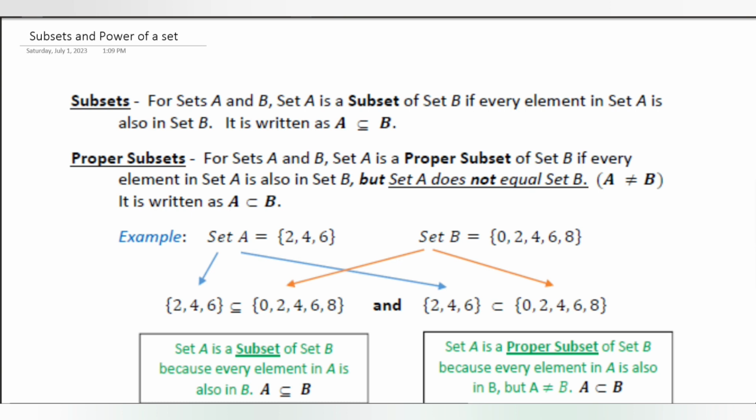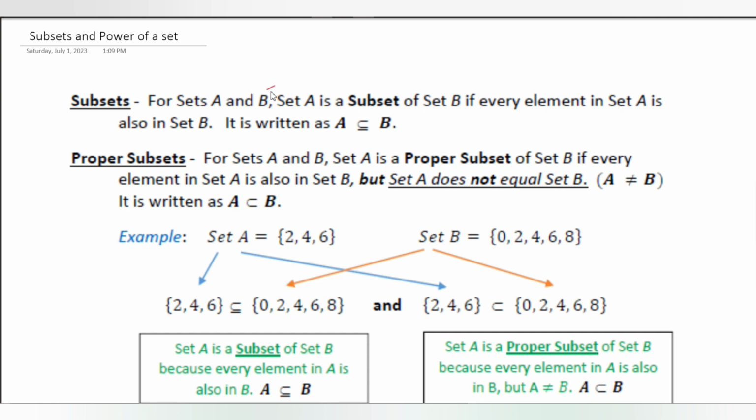From this place we have that subset simply says, for sets A and B, set A is a subset of B if every element in set A is also in set B. It doesn't necessarily mean that every element in set B must be in set A, because here subset simply means that